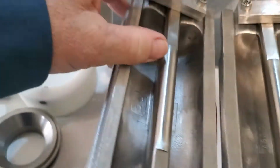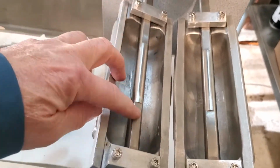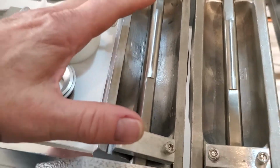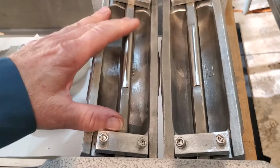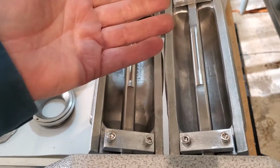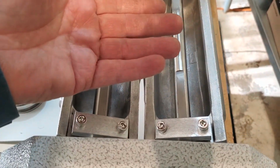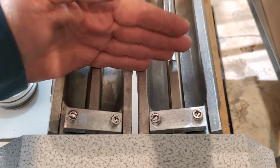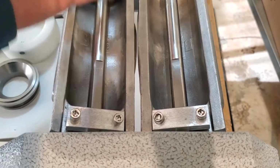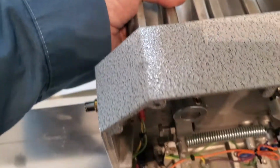The molds are held on to these shafts with these straps. If you notice these flat spots here, these are adjustable, so you can slide the molds back and forth on the shafts to position them. With some fillings, when the knife closes, it will tend to throw the filling a little bit out towards the operator. So if your filling is that case, you can slide the molds down towards the operator a little bit so the filling will land in the middle of the molds where you want it. So as the molds roll,